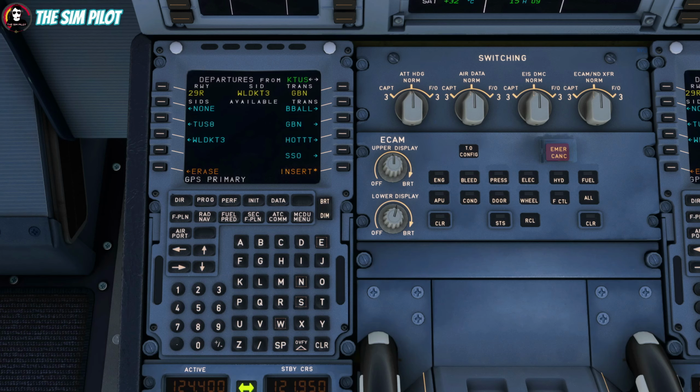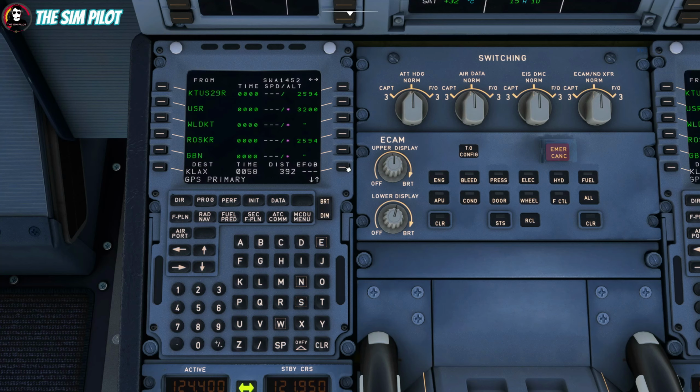Alright, so we selected, and you read the departures from left to right. So runway 29 right via Whiskey Lima Delta Kilo Tango 3 SID with a Golf Bravo November transition. We will insert this, and now we have our waypoints populated for our SID. We will come to our last waypoint in the SID,